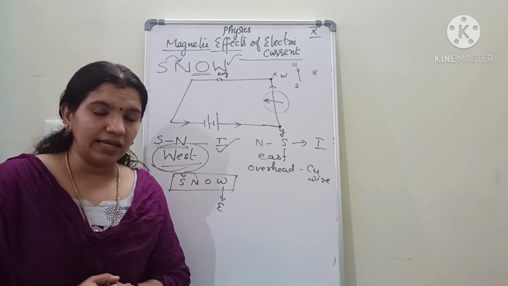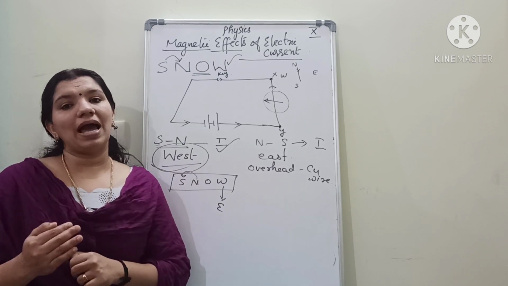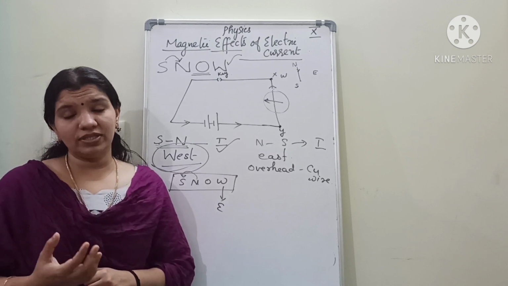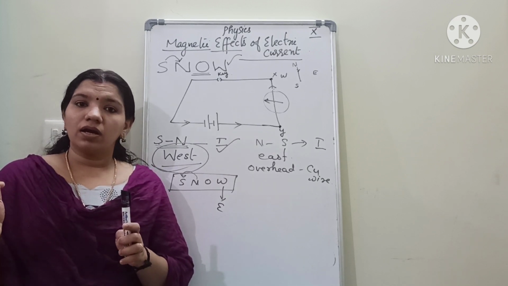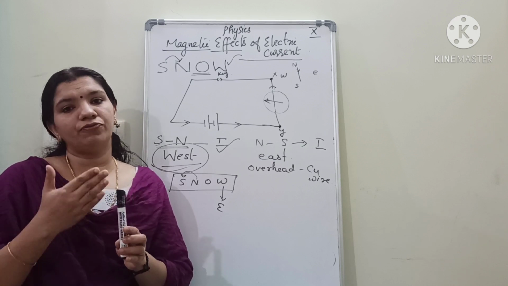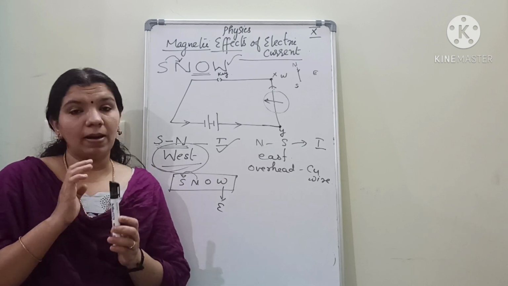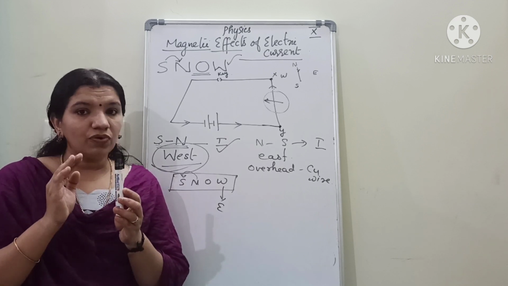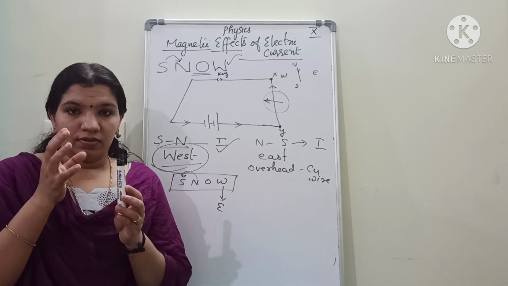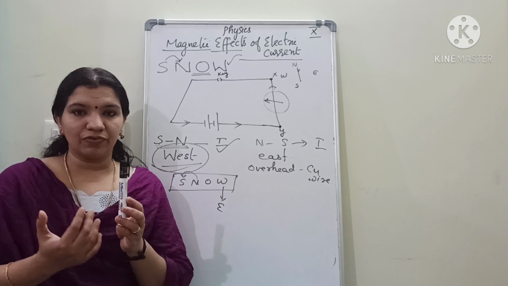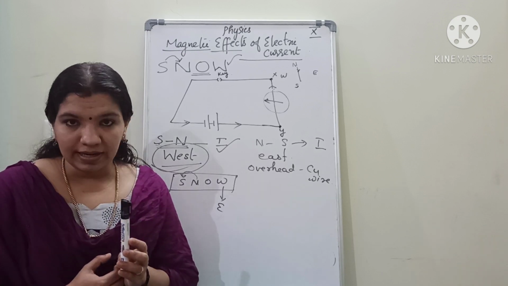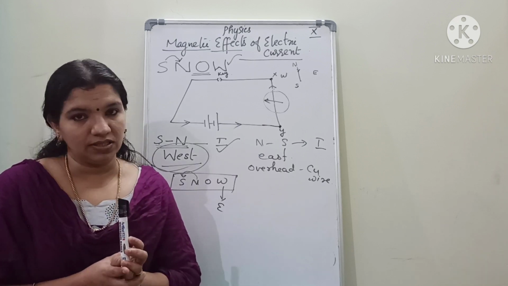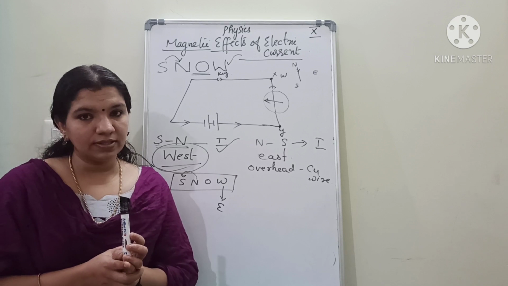And also we have to study what are the factors on which the magnetic field of a straight current carrying conductor depends. When we are using a straight conductor and we are switching on the key, the current flows through it and it will act like a magnet. So surely there will be magnetic field around. Okay. So first of all we will understand how the direction of magnetic field is depending upon the current and what are the factors on which the magnetic field depends. Okay. So shall we move to that?